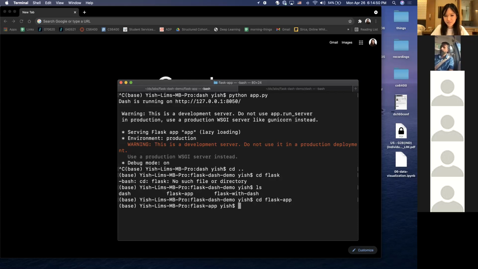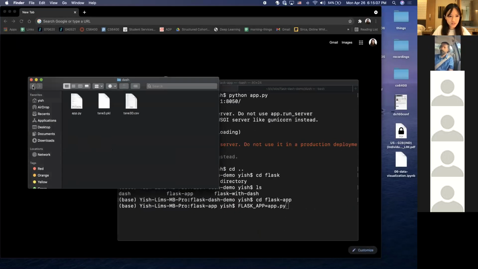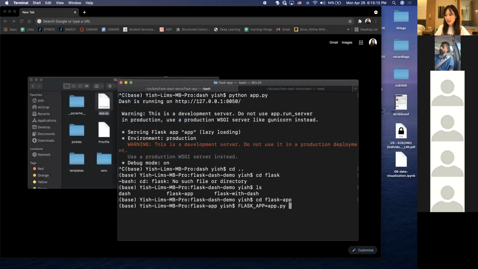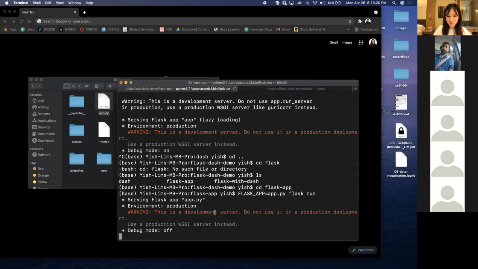To run Flask, the command is a little bit longer, and it's also case sensitive. It is FLASK_APP, and I put this in the Slack channel as well. I have it written down. I definitely do not memorize this. FLASK_APP equals app.py, and I'll show you that here. We're going to flask_app. App.py is here. There's quite a few files, and I'll walk through all of these, but app.py is basically where the app is. And then flask run. So very similarly, when you do this,